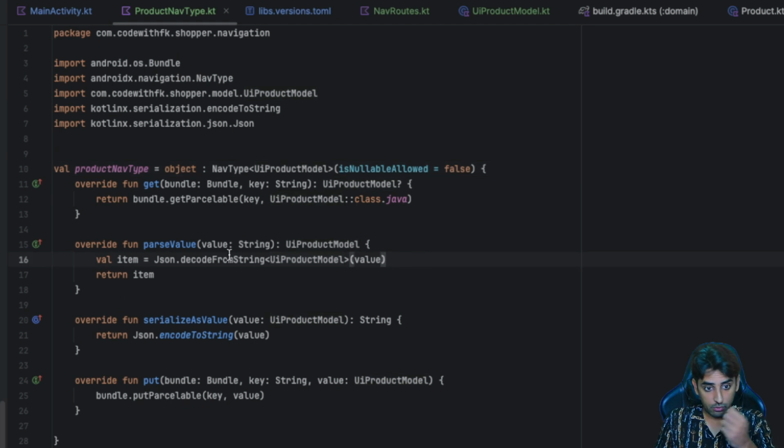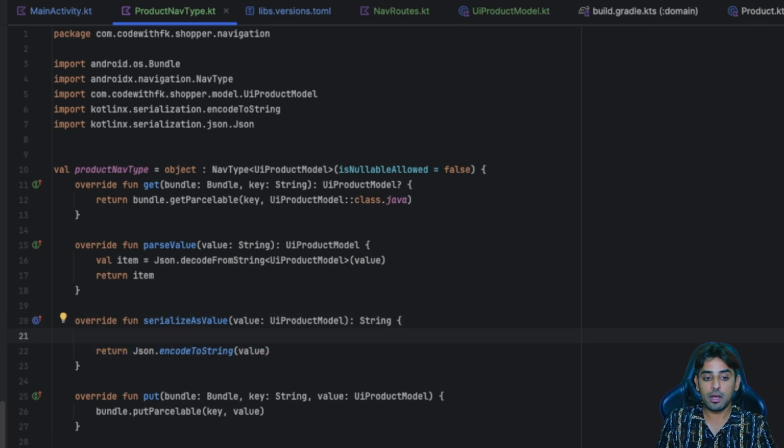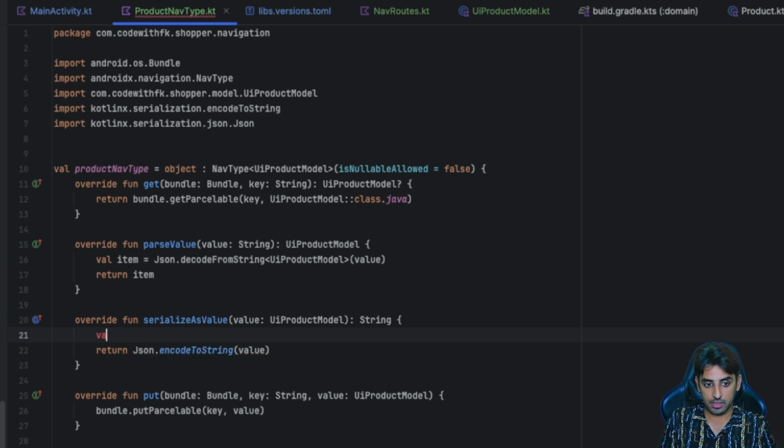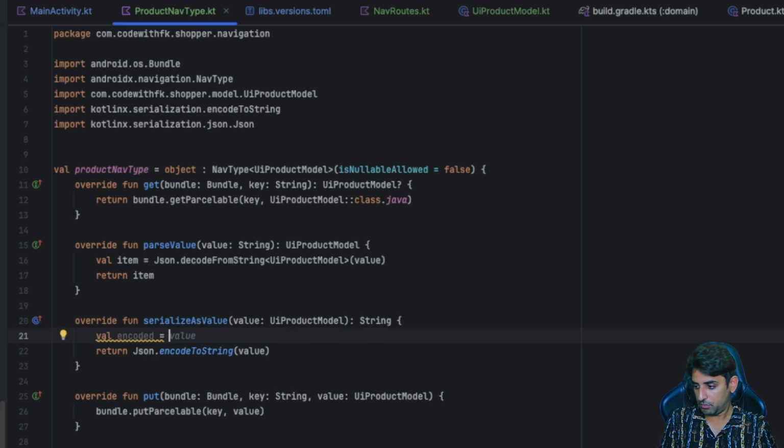Okay, now let's get over here, and now you can see that this is the parsing, right? So it is parsing that specific stuff from there. This is the serialization, right? So when we are serializing, I want to do a couple of things, and that is, let's say I'll create a new variable for now. Let's call it encoded, and then this encoded should be used as